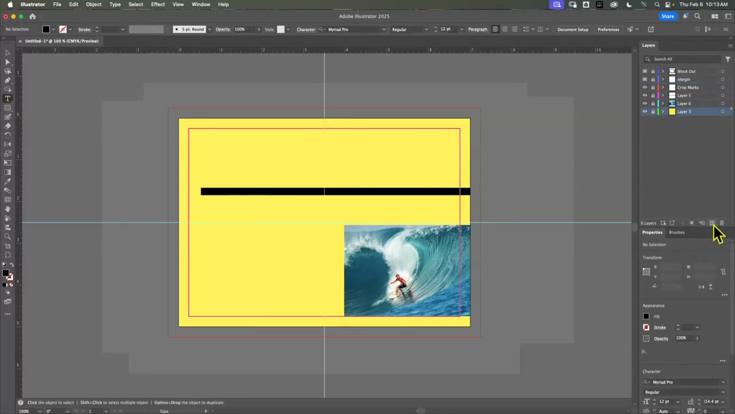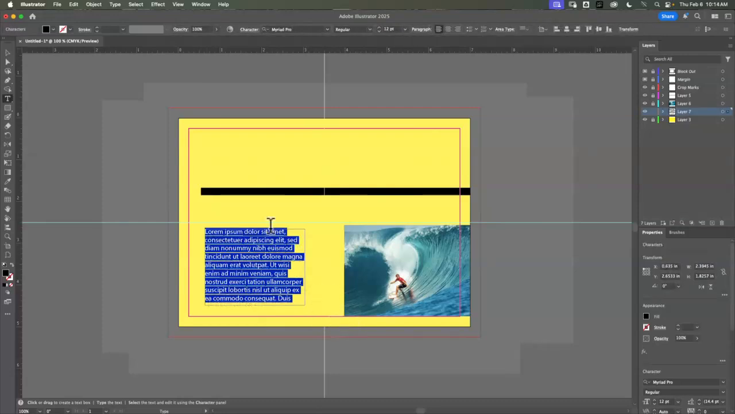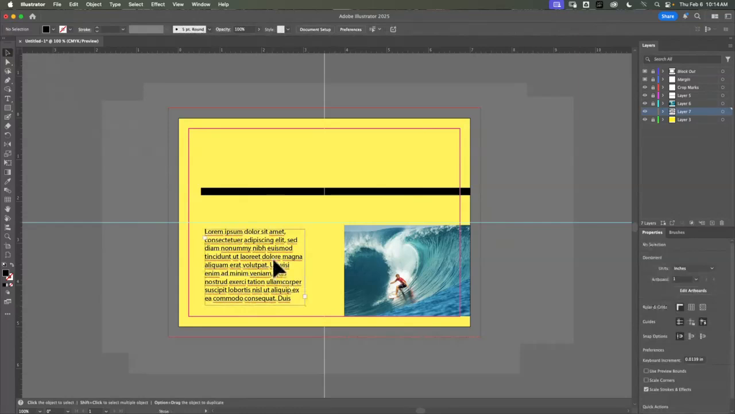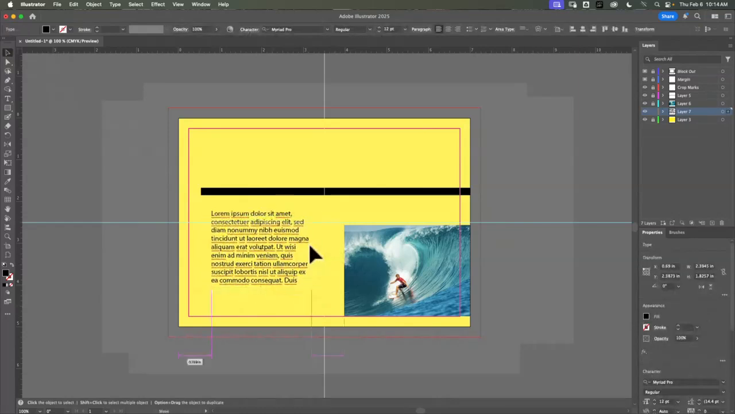Part 2. Widows. I've been seeing lots of widows. Widows are that single word at the end of a line. I don't know if this will keep populating. So if you have one word like that,